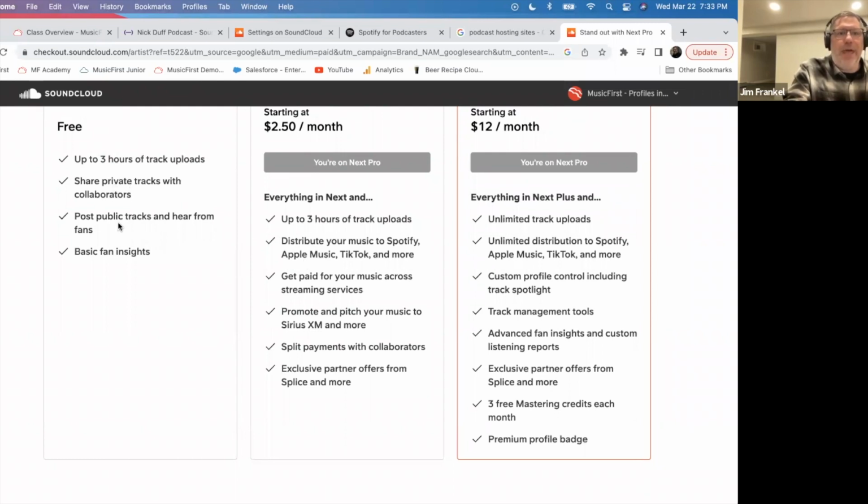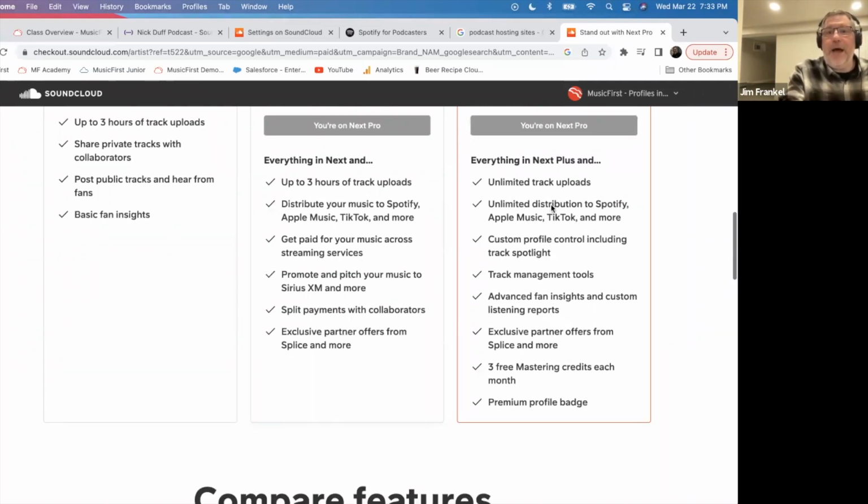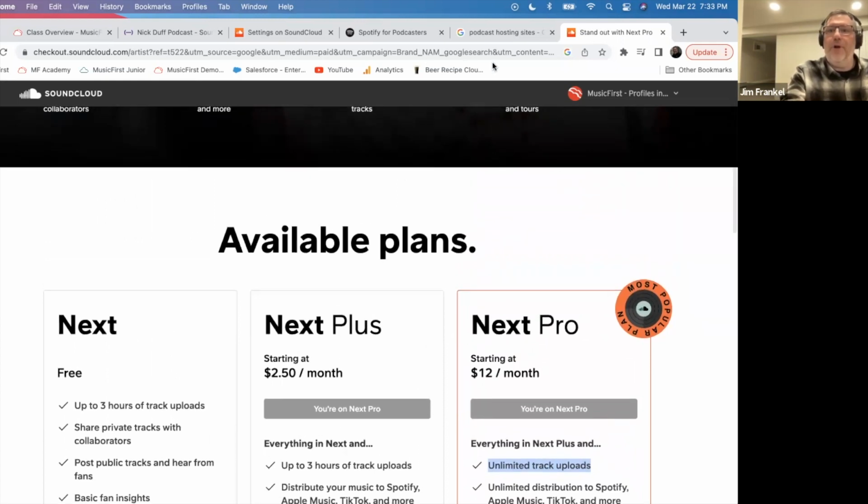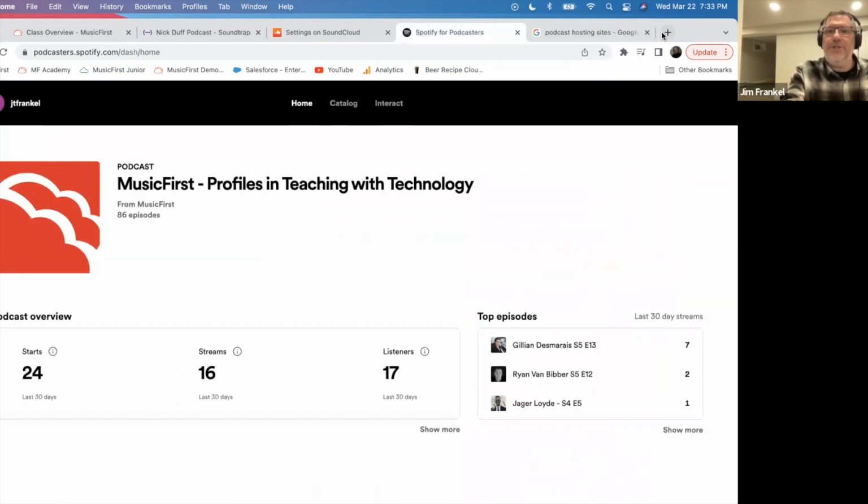This one, I guess you can't do the RSS feed, so you have to pay for it. $250 a month isn't terrible. I believe that's $5 every 2 months, so $30, right? And this is 144, but I use this because unlimited tracks. So I don't have to worry about deleting things. That's why I go to Next Pro. Hopefully that makes sense, answers your question, Carmelo.